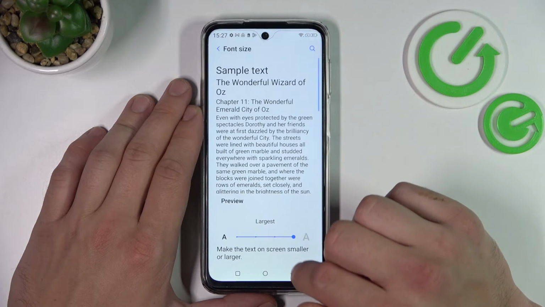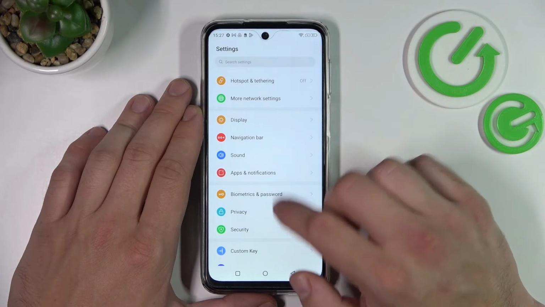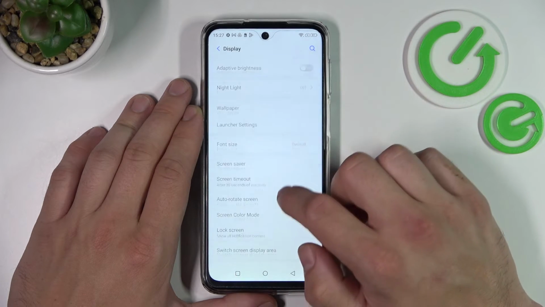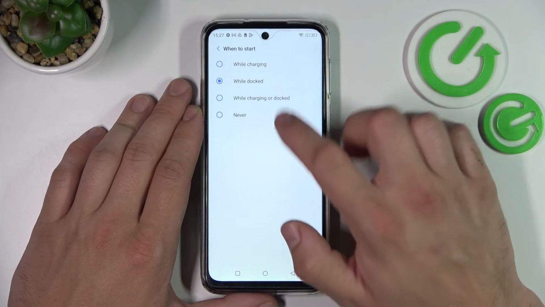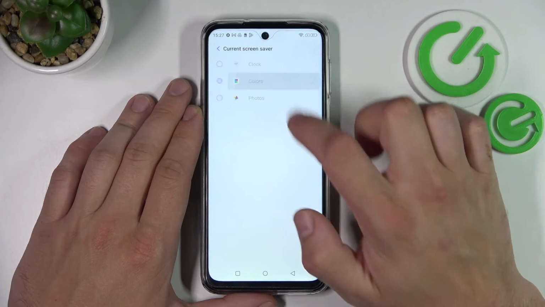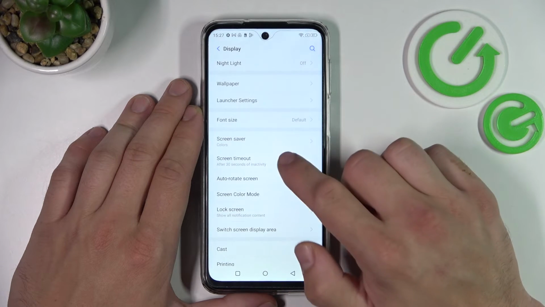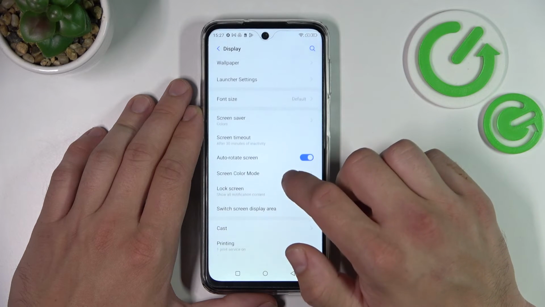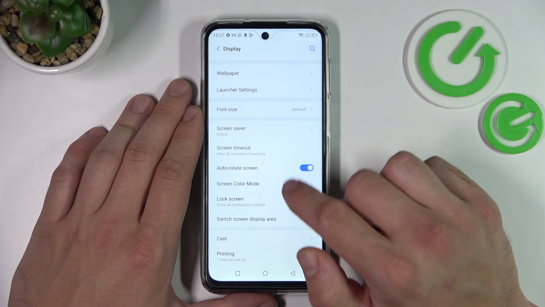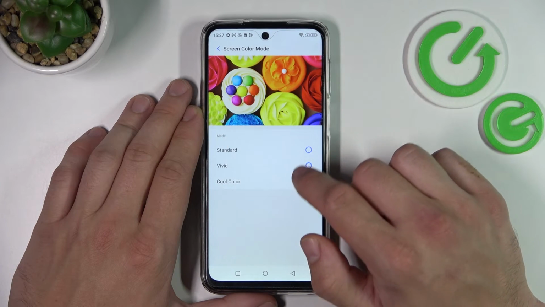Then you can change font size, set screensaver, screen timeout between 15 seconds and 30 minutes, enable or disable auto rotate screen, change screen color mode between standard, vivid, and cool color,